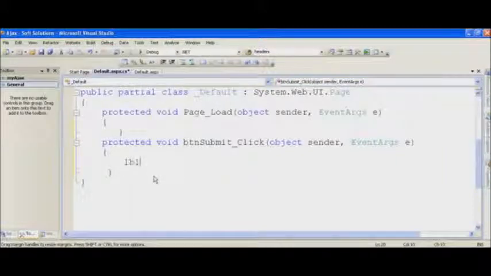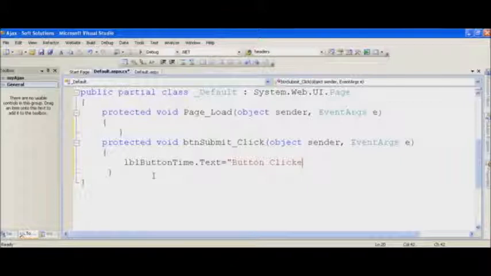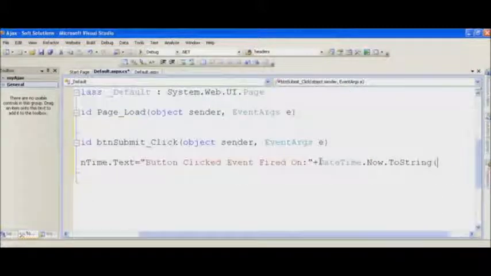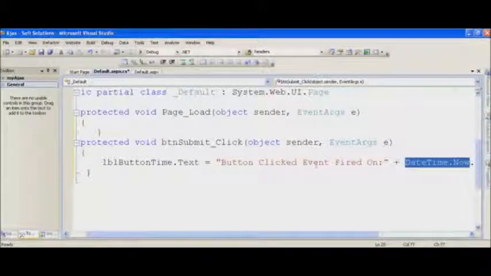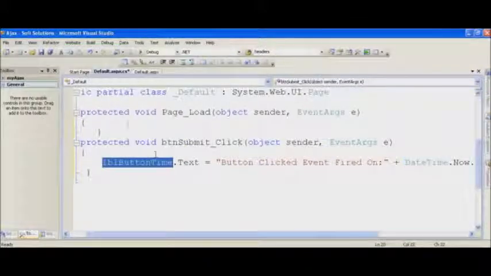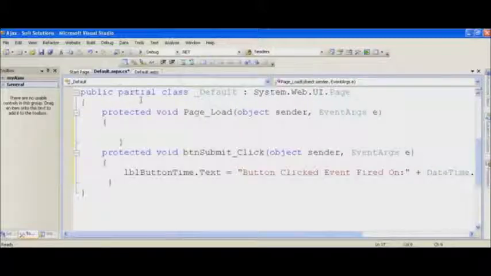Now on the submit button click, write down the code lblButtonTime.Text is equal to "button clicked event fired on" plus DateTime.Now.ToString. This statement will display the current date time into label button time.